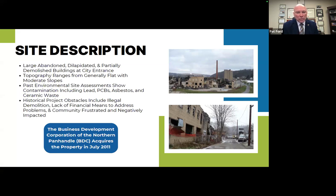So not only were you dealing with a large abandoned, dilapidated mill building that had been vacant for some 30, 40 years, you're also dealing with abandonment issues on some of the houses and some of the other commercial buildings that were ancillary or benefited from the mill, from the buildings that were slowly deteriorating. And because of the type of work that they did, like at this pottery site, you became accustomed